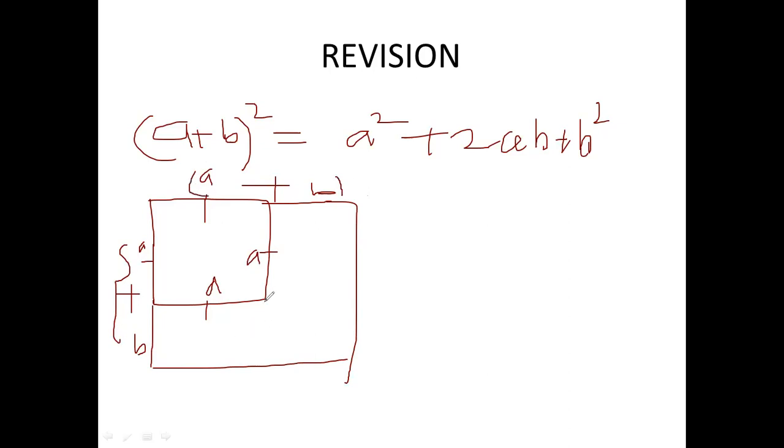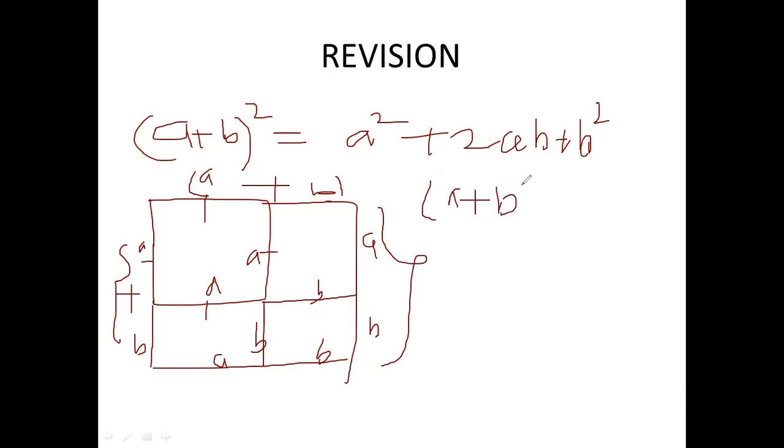Okay, join this one now. Join here also, and you can join this part also. Join and write the name here. You know, children, if this is A, this will also automatically be A, right? This will be B automatically because opposite sides are equal. This is also B, and this is also B. This is A, and this is B. This total length is also A plus B. What will be one area? One area will be A plus B whole square, right? Area of this figure is A plus B whole square.